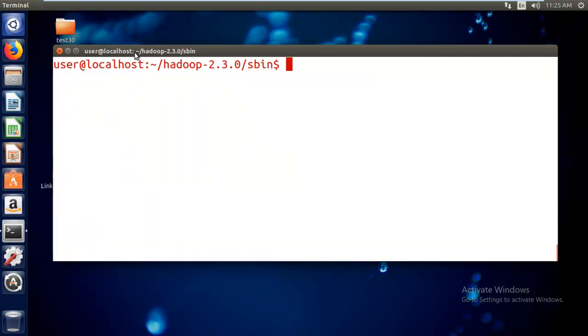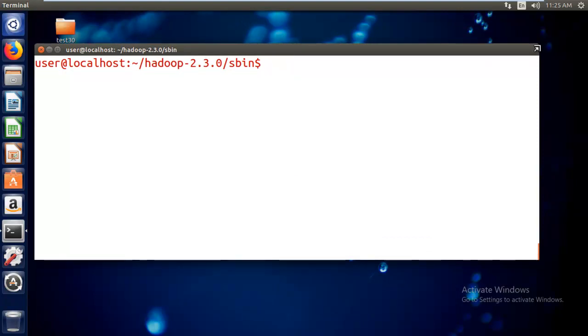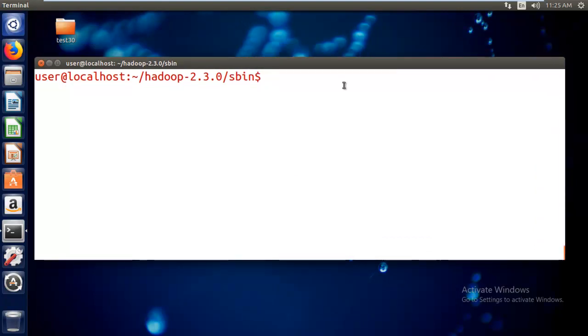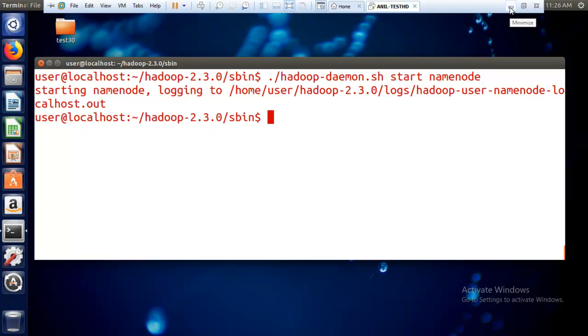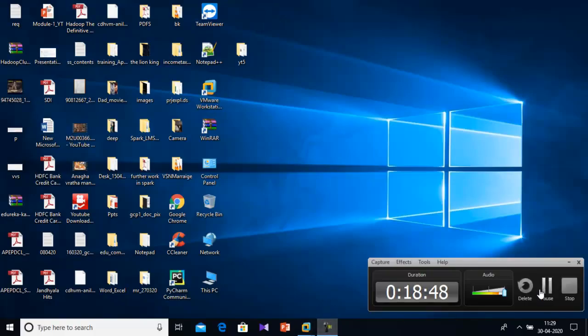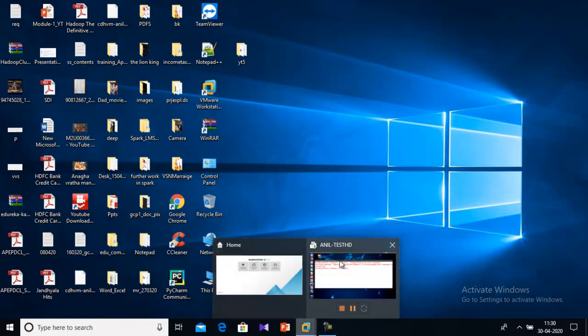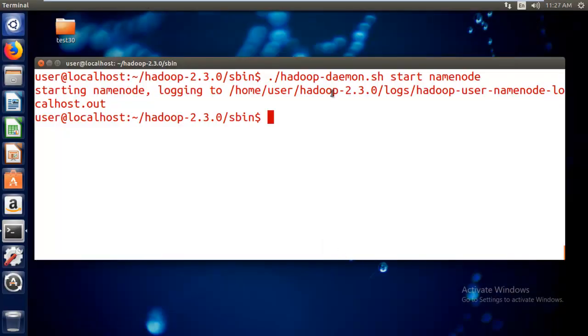Here I'm not getting any services back. Now I will show you one more way to start the services individually. For that you have to say hadoop-daemon.sh start namenode. So this starts my name node. Now you can verify using the jps command.